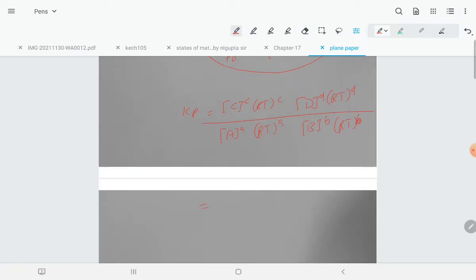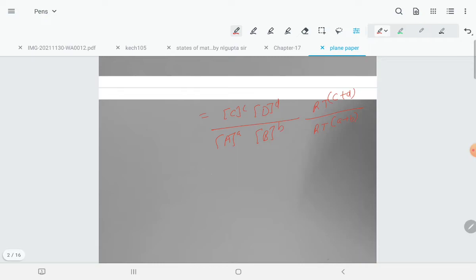Here you see something common: RT is common. So we can write [C] power c [D] power d divided by [A] power a [B] power b, and RT power c plus d divided by RT power a plus b. This is equation number 3. So from 1 and 3, if you are writing there, students,